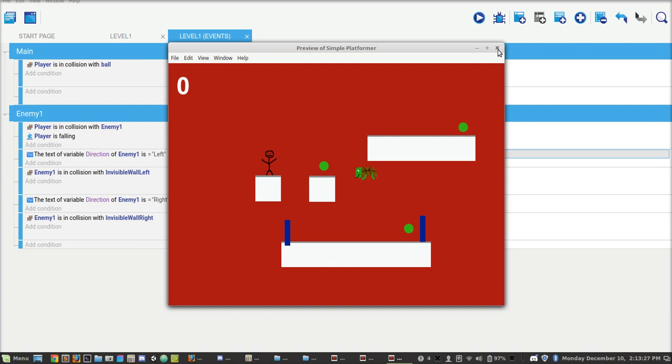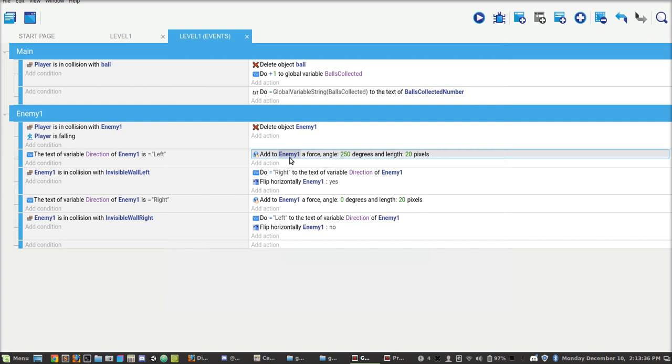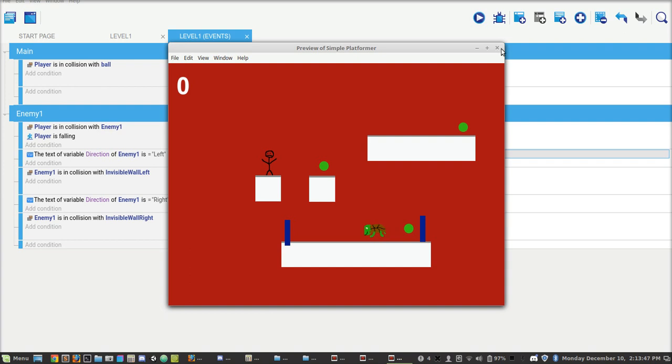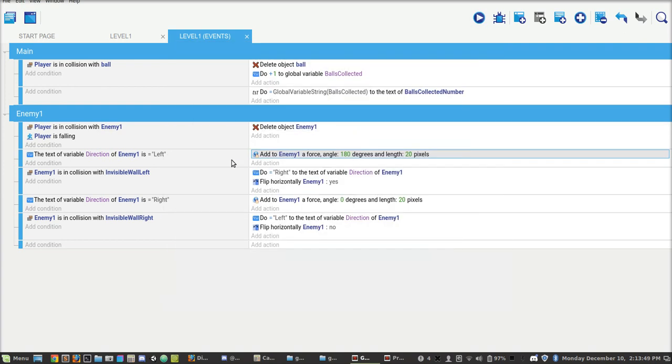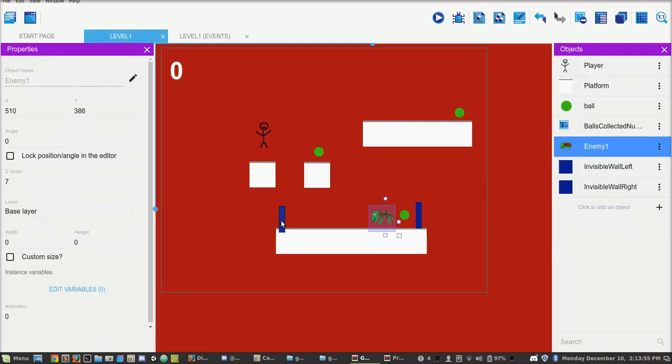Maybe that's something you want in your game. Yeah, that's not what we want. So what we want to do is change this to 180. And now he starts going left. Okay. So now we need to, if you still haven't done these yet, make your enemy and make this